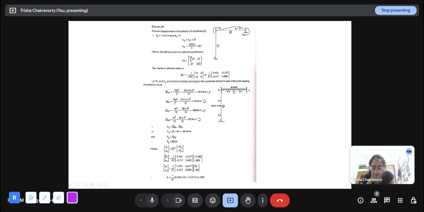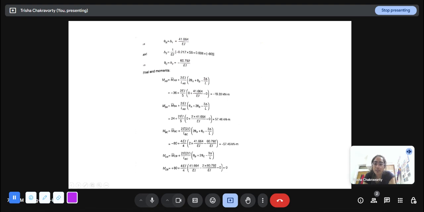So now I have my equation as delta 1, delta 2. This is my displacement vector. It is the inverse of the K matrix into P1L minus P2L. And now we solve for delta 1 and delta 2. This is just a linear equation; we just do a matrix multiplication to solve theta 1 and theta 2. We have solved them. So now delta 1 and delta 2 are theta B and theta C respectively.